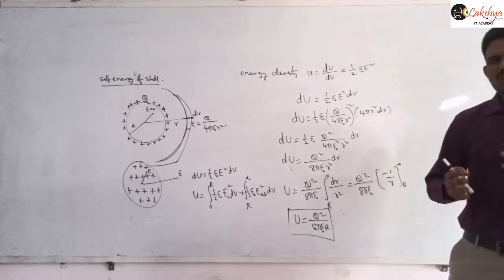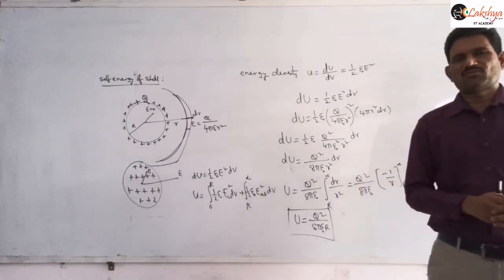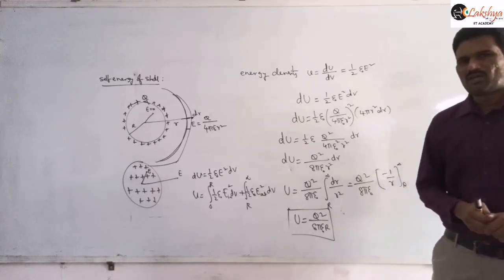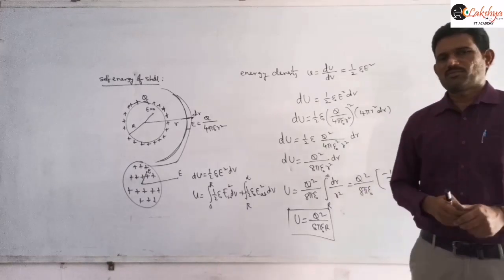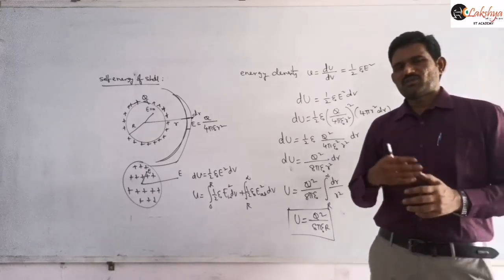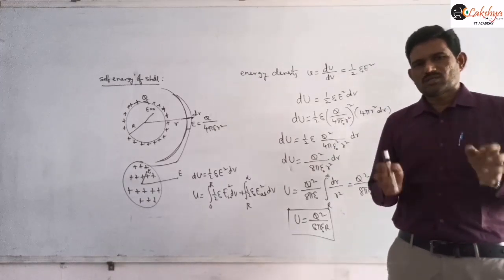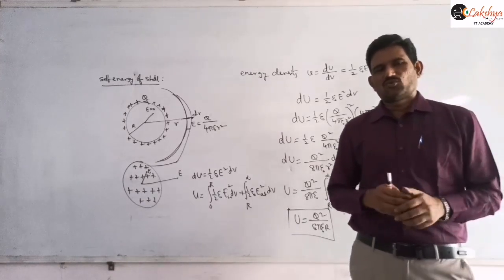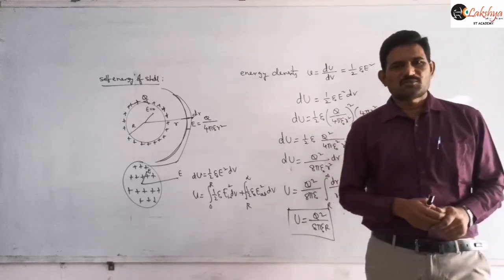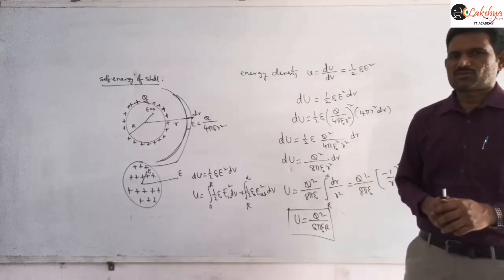Check with that. Then some remaining properties will be there, properties of the conductors, and majorly we need to discuss some cavities and those cavity problems, the concentric spherical shells problems, and the parallel plate problems. A lot of remaining problems are there based on these Gauss law applications, and those problems we will discuss in our next class. Thank you.